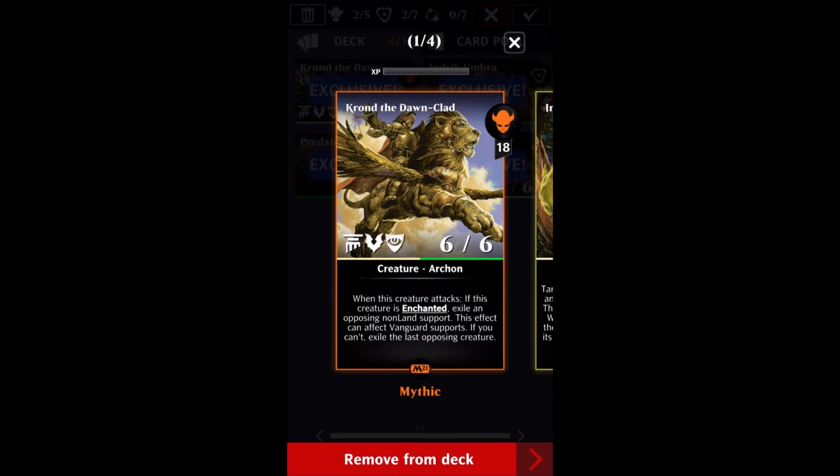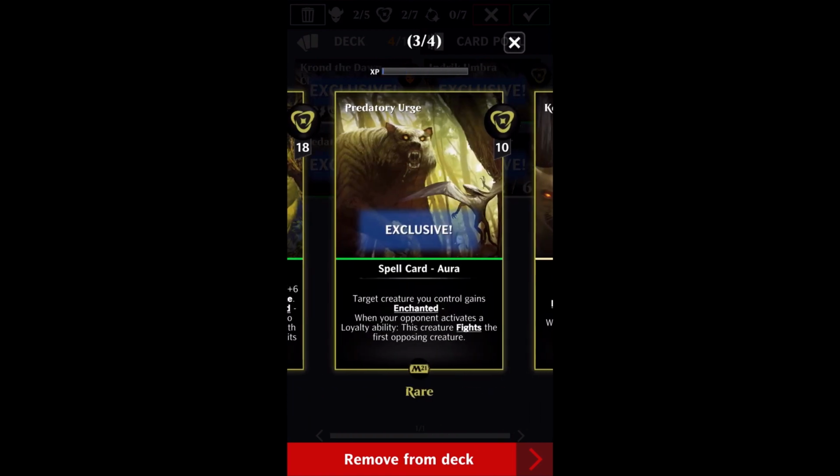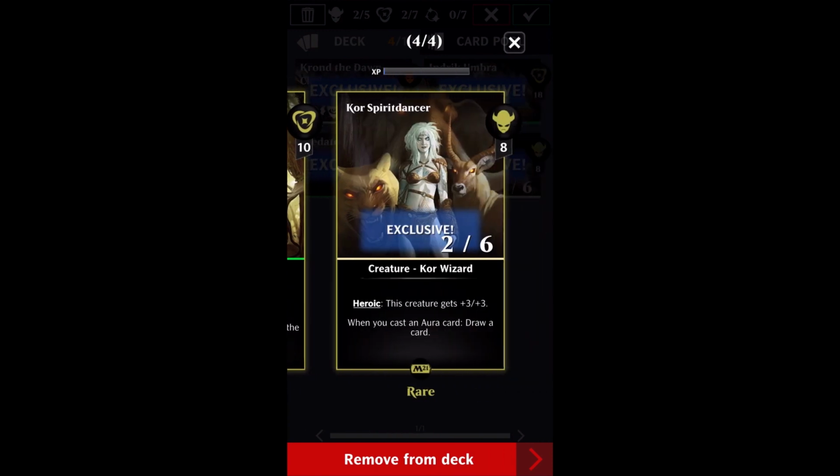So this video is going to be about a brand new bundle that's going to be entering the vault. It's going to be on Krond the Dawn-Clad and the cards that come with Krond. Another shout out, thank you to Octagon for hooking me up with this bundle so I could put this video together for you guys. The Krond Bundle is going to come with 4 cards. It comes with Krond the Dawn-Clad, it comes with Indrik Umbra, it comes with Predatory Urge, and it comes with